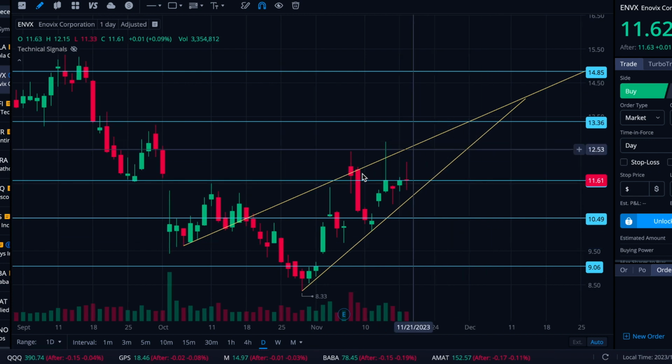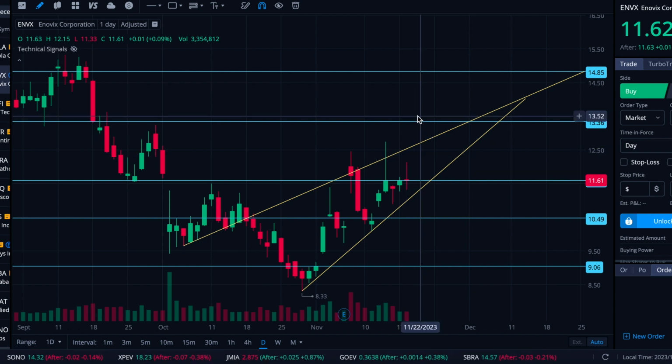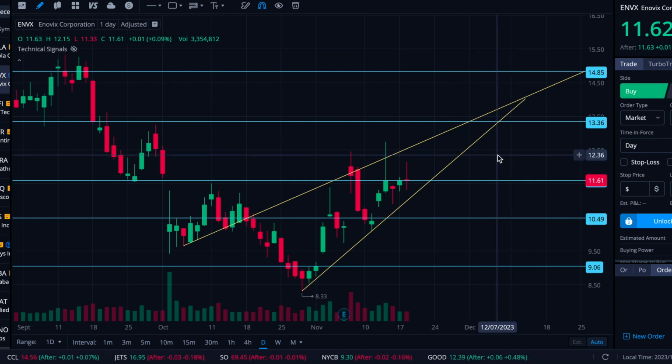If it does continue to rise, I would watch this uptrend resistance to see if it's able to break through that. That would be a really impressive move. Otherwise, this uptrend support is kind of steep, so I almost wouldn't be shocked if it doesn't hold it. But if it does, 1336, so there is quite a bit of space between these levels, at least these strong